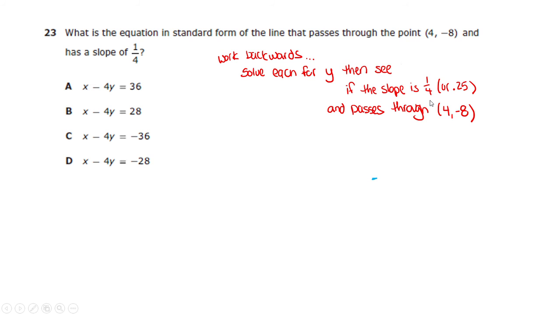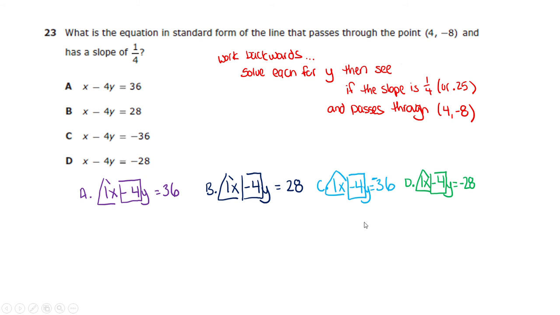1/4 is the same thing as 0.25. And then let's see if it passes through that point. You could tell if it passes through that point after you solve each one of these for y, if you type it into your y equals key and then look at your table. Since you're solving for y, your rectangle on each one of these problems will be